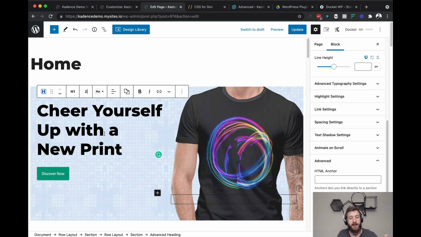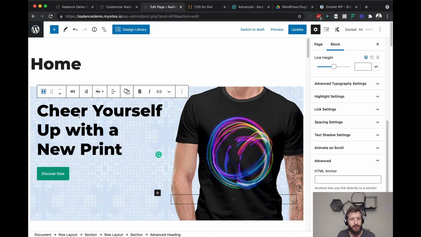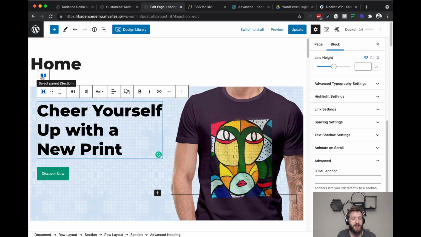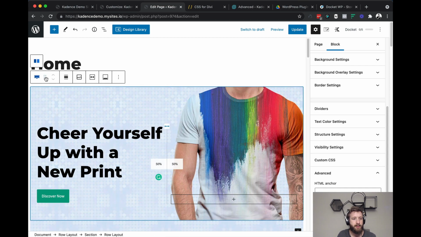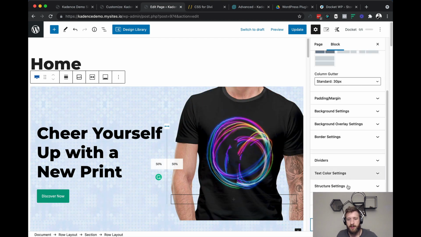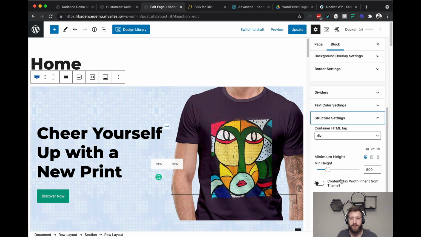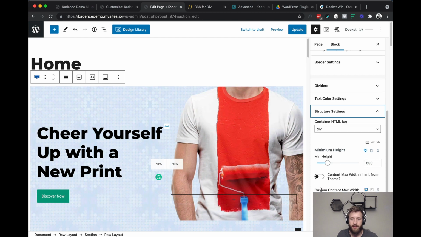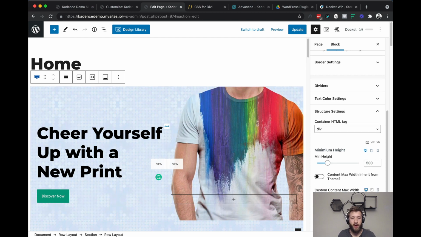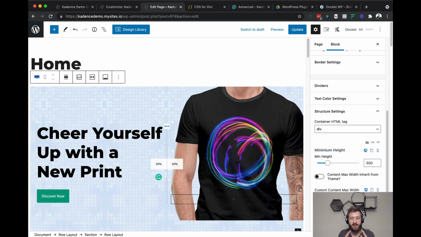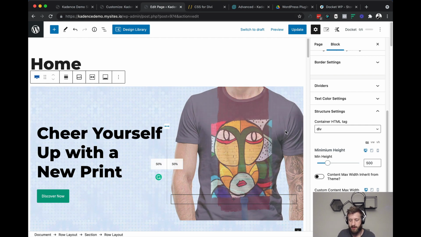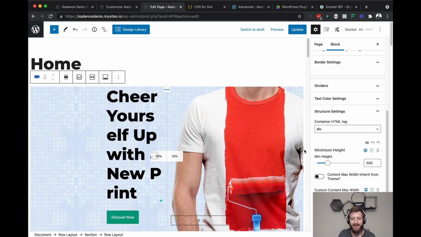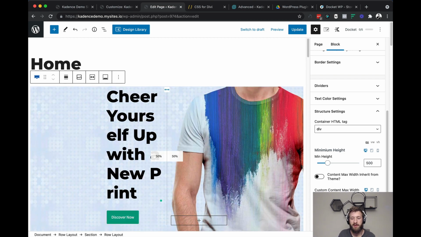But anyway, now that we're done talking about the individual text itself, another thing that can be helpful to know is when you're within Kadence, if you're working within a row block, there is a setting under structure settings for max width. So if you want the content within a row to stay within a specific pixel width, let's say on desktop we only want this to be 500 pixels.